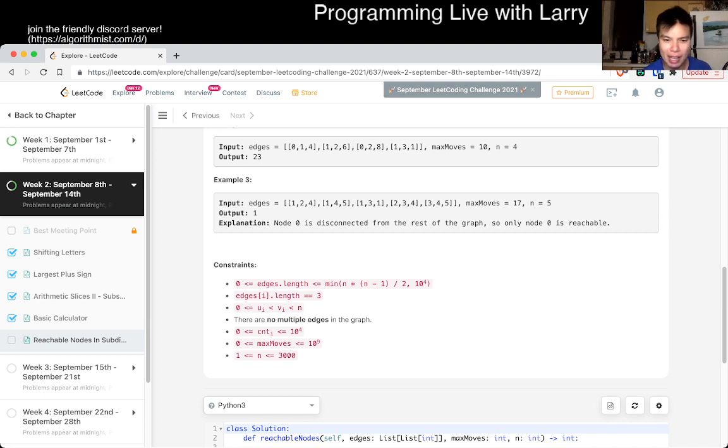Okay, so the number of edges is going to be 10 to the 4th. Is that 1,000? No, that's 10,000. So we only have 10,000 edges we have to consider. We can also make... What is n? N is 3,000. Okay. So 3,000, 10,000. I was going to say... I was thinking of